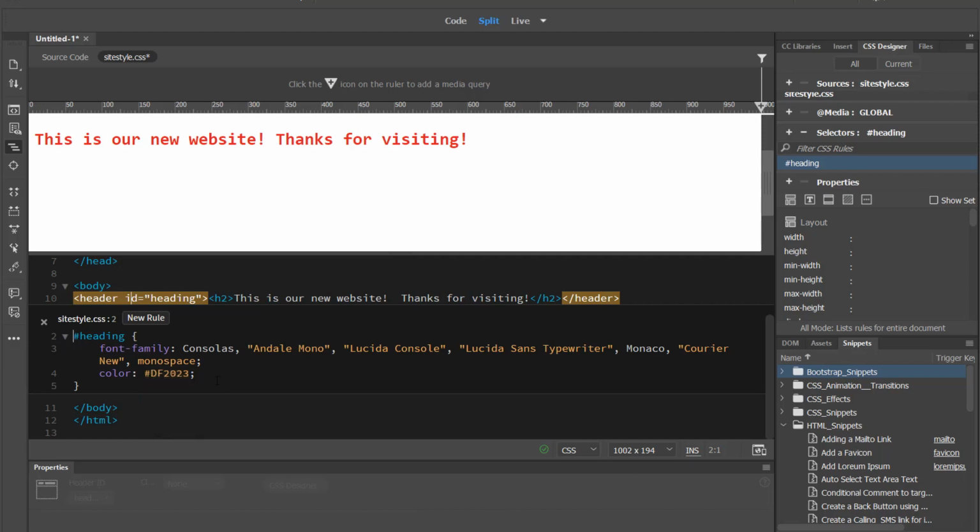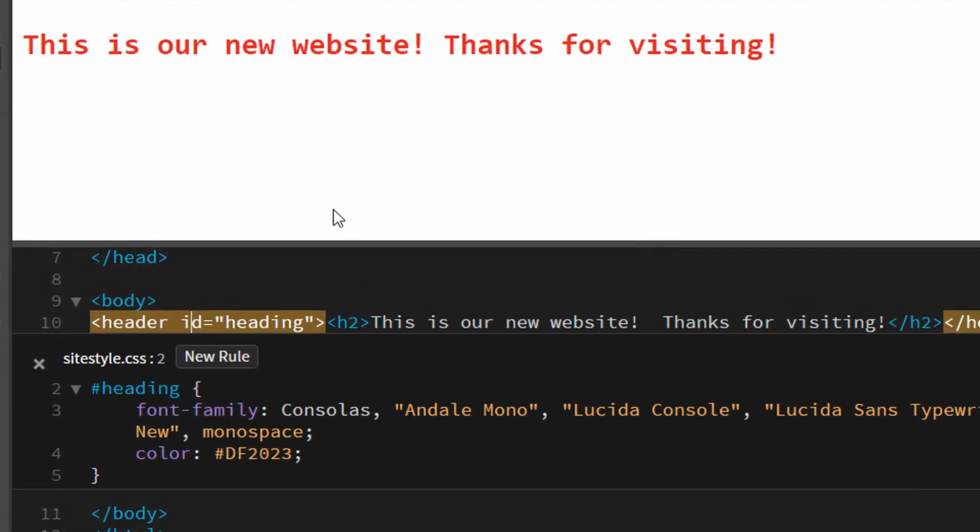Now I'm going to continue to add. I want to be able to center this particular text since it's left justified. I could do that with CSS. If I come in here now, I am working within the squiggly brackets, and I'm going to do a carriage return and say